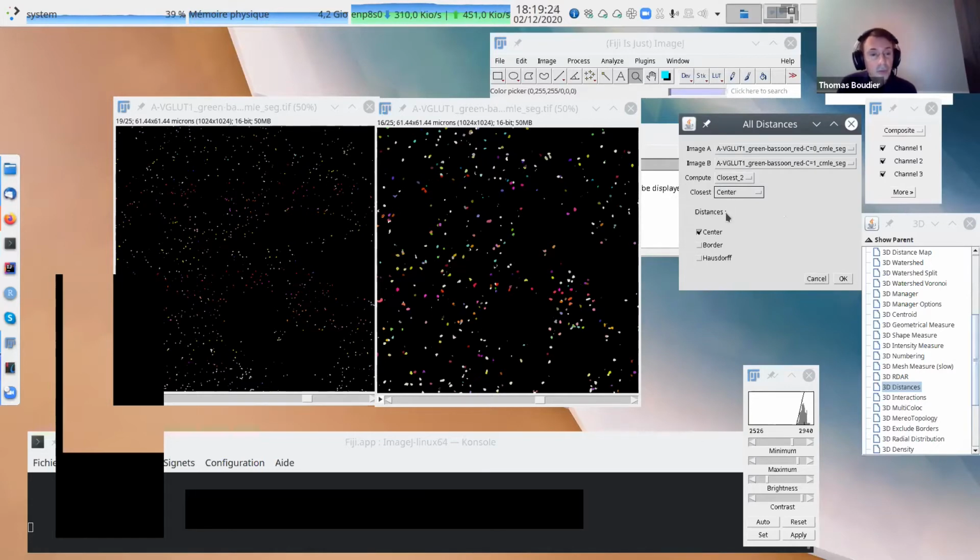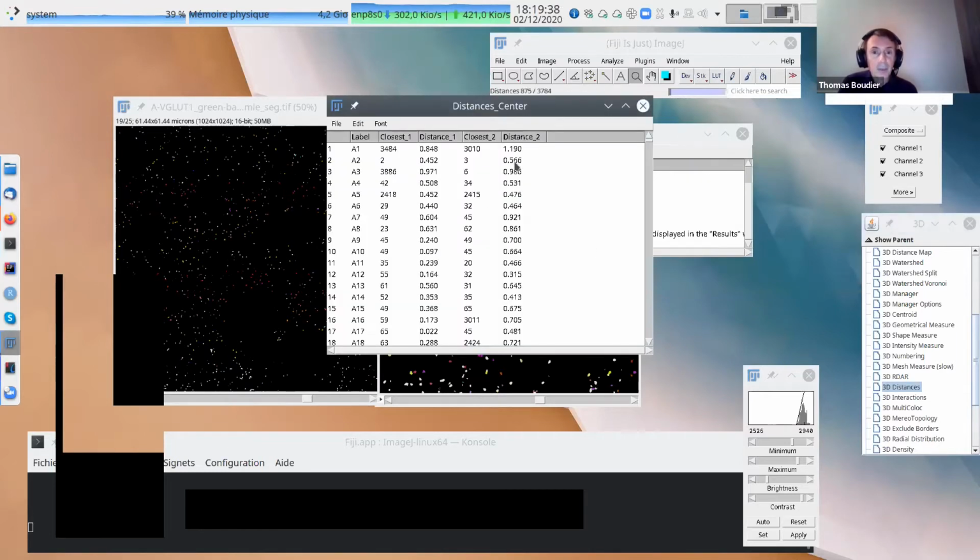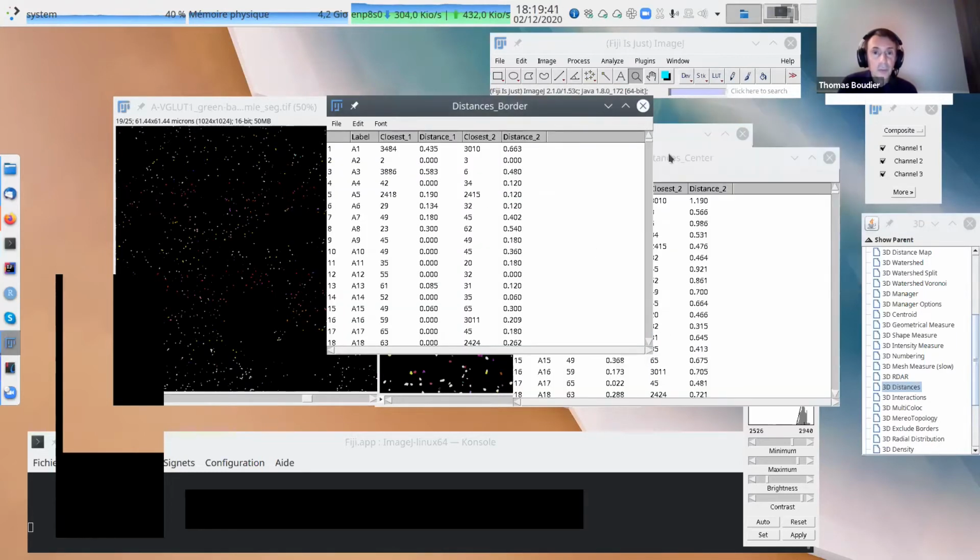But from these two closest, based on center distance, we may compute the center distance, of course, and also the border distance. The Hausdorff distance, look at the documentation. It's a bit more advanced. So you have the same kind of information.